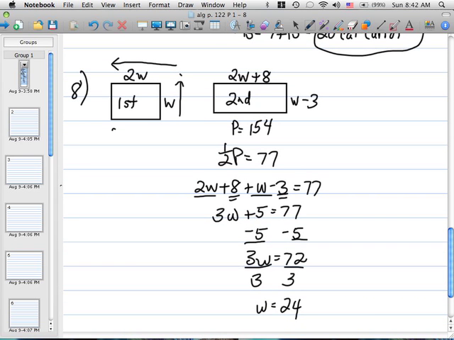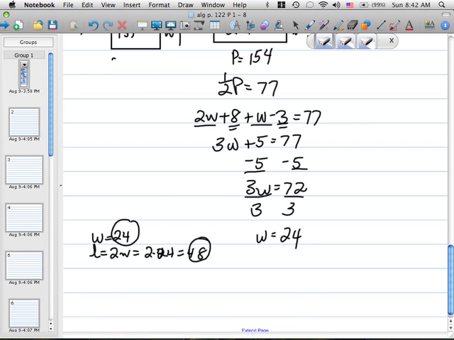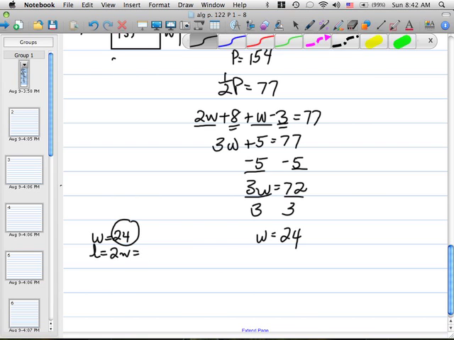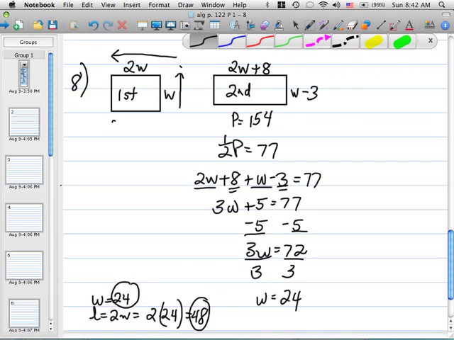So they want the dimensions of all the rectangles. The first one has a width of 24. Its length is 2w, which is 2 times 24, so it's 48. So its dimensions are 24 and 48. Let's make that a little bit neater. And the second rectangle